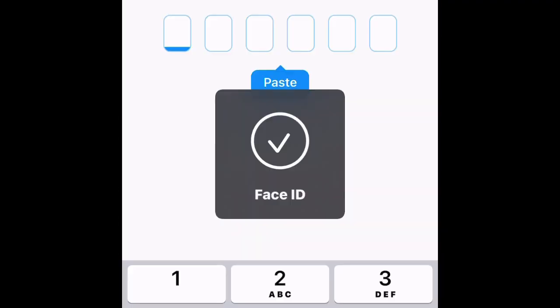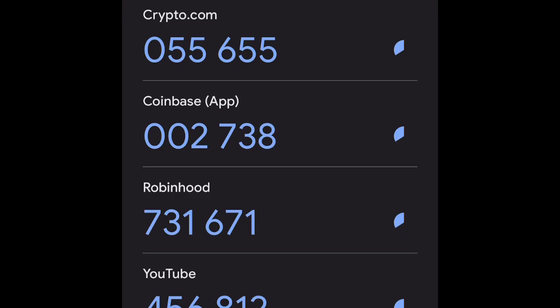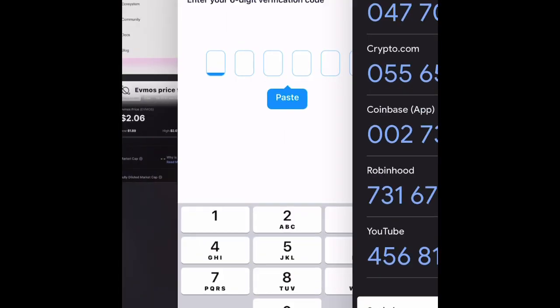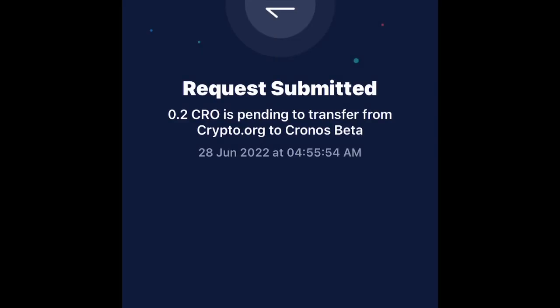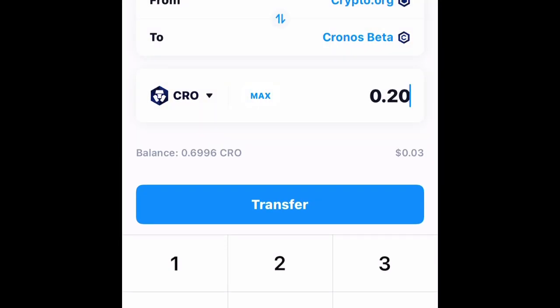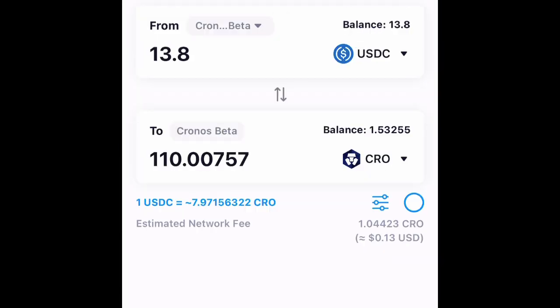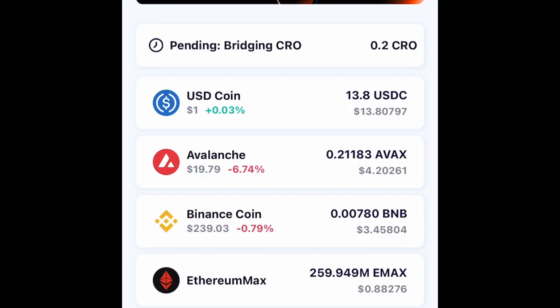And this is cool that you guys see this because you see crypto.com is cheap. Don't let nobody tell you, oh, crypto.org, the gas fees, man. If somebody complain about gas fees, they obviously never went to Ethereum, man. Real talk. So we're going to go back to the main wallet and just wait. Like I told you guys, just wait. I should have enough to do the swap. Then I'm going to bridge all my Crow back over to the Chronos.org. I'm going to leave a little bit in the Chronos Beta version side.